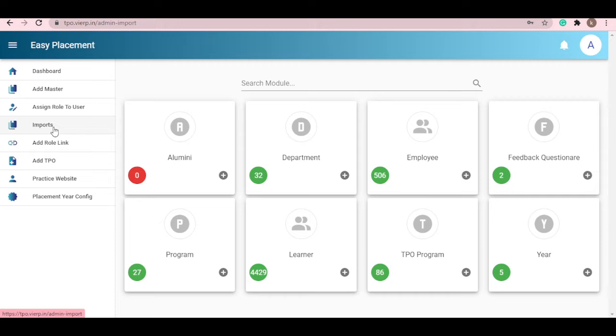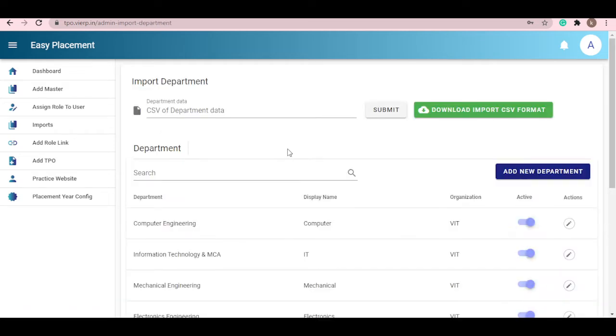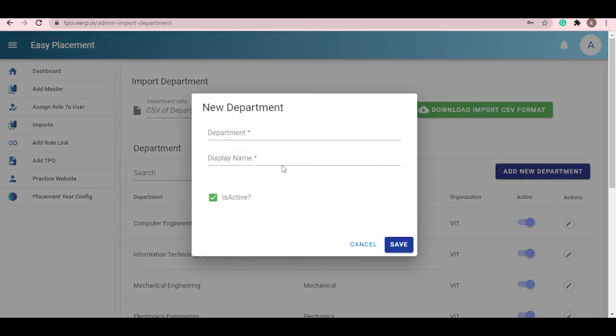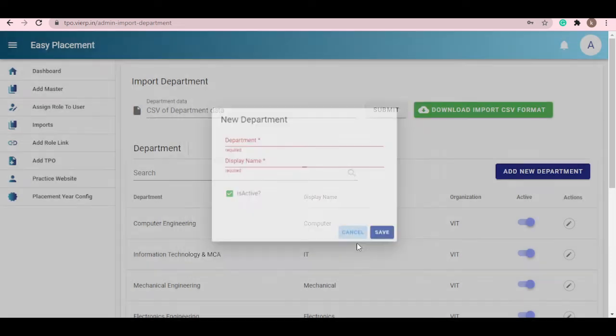Next, this is the import facility which is given to the different modules. Because in the department, if you explore the department, so this is the department. If you want to add a new department individually, you need to click on the add new department, write down the department name, write down the display name, and if the department is active, select the active and save it.